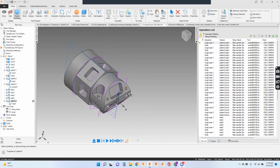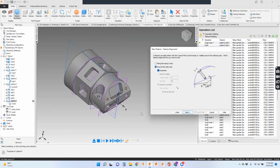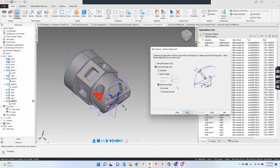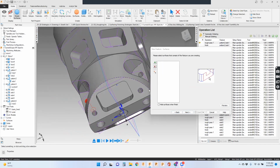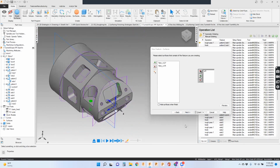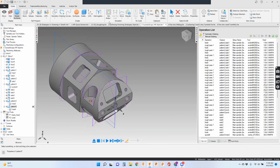I just want to drill from one side, and you notice it was going for both sides and it had the counterbore. I just want to drill these out. So I'll do this again, and I'm going to say hole extract with feature rec. I'm not going to do automatic. I'm going to say, let's go normal to this. This is the orientation I want. And then I'll say, let's extract some holes out by just picking the cylinders themselves. Letting it just look at everything, and saying, let's focus on these two, and hit next and finish. And you see how quickly we are able to